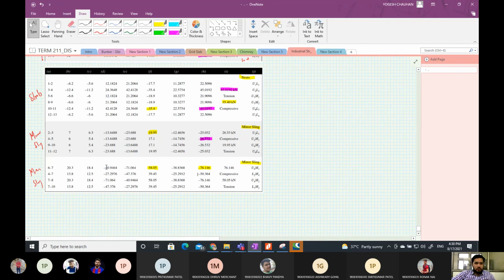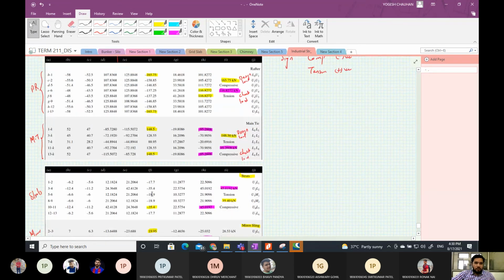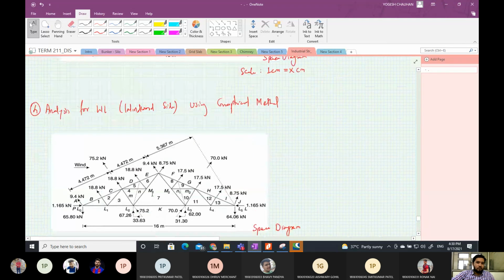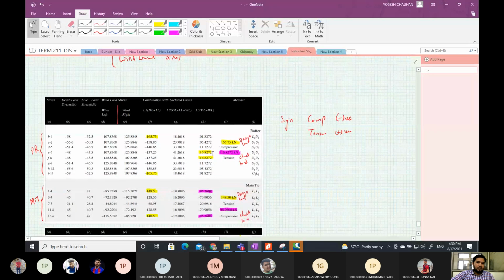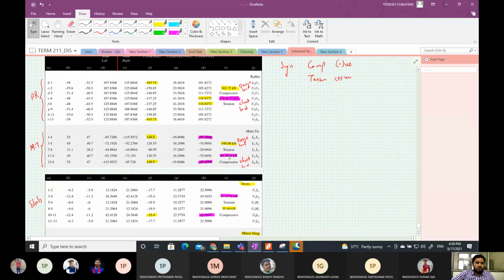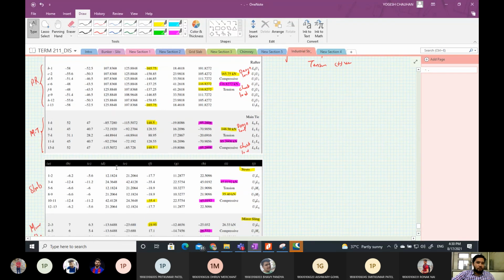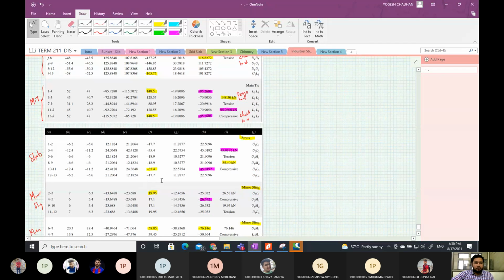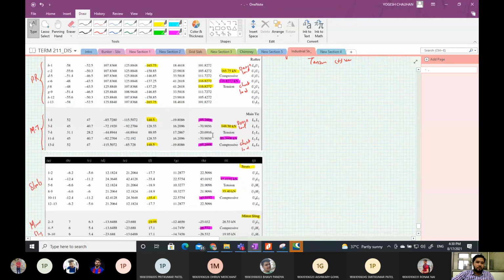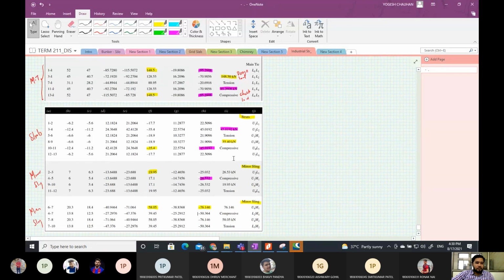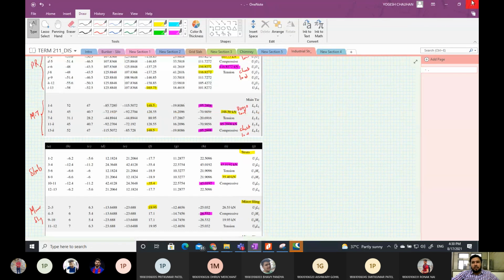So let's stop here. Today we have analyzed the truss for dead load, live load and wind load using the graphical method, and then we obtained the governing forces both for the design as well as check for various members of the roof truss. In the next class we'll design these typical sections like principal rafter, then main tie, then struts, minor links, and we will do the connections of the roof truss.